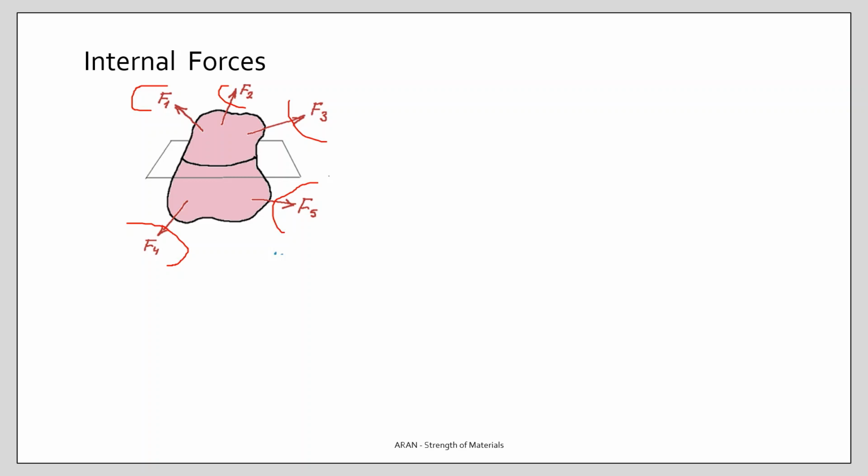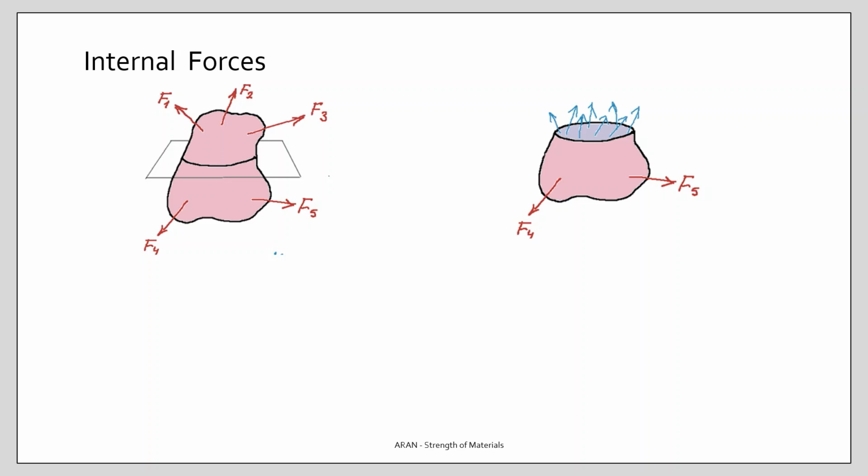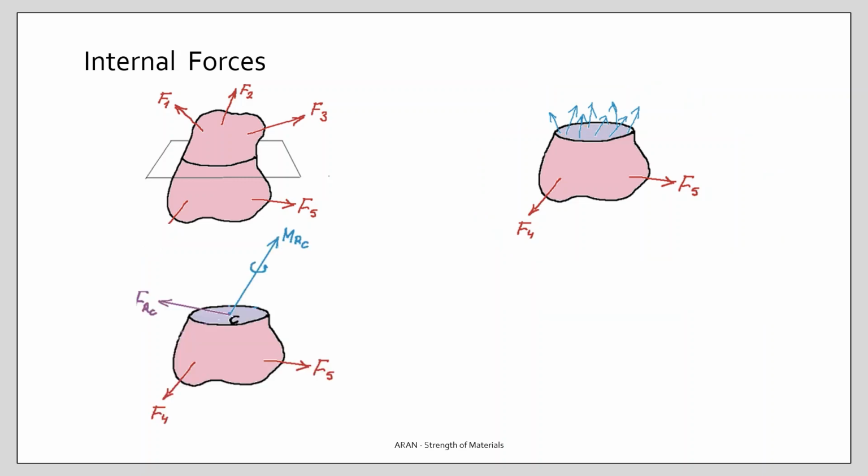First, we try to find the internal forces in a section of this body, and for this, we make a cut. When you cut and take the free body diagram of the lower part, you see in this section we have chosen, there is a distribution of forces. You can put instead of distribution a single force and a single moment acting in the centroid of this section,